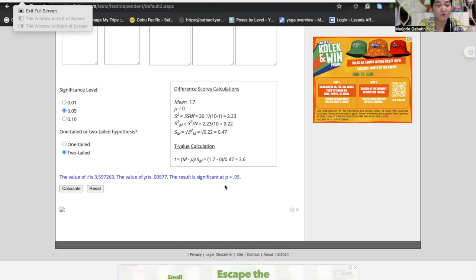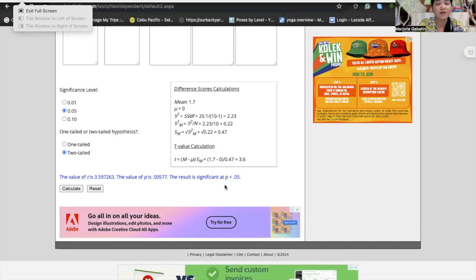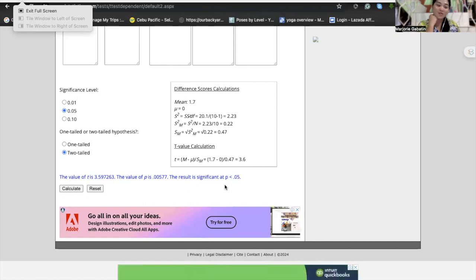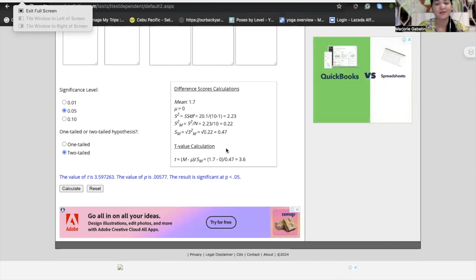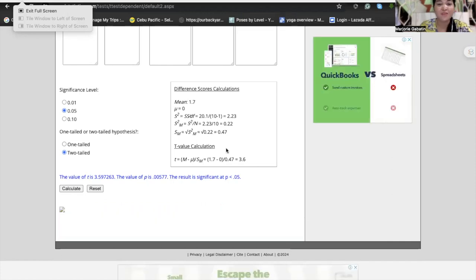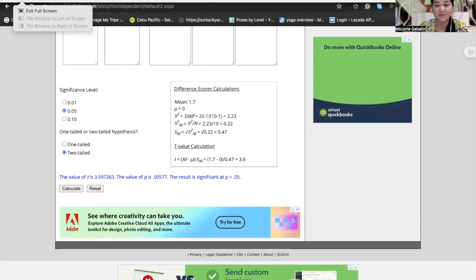Therefore, we are going to reject the null hypothesis. Now, if we use the alternative hypothesis, we are going to accept the alternative hypothesis. So, there is a significant difference. That's the result. So, let's go back to our PowerPoint presentation.